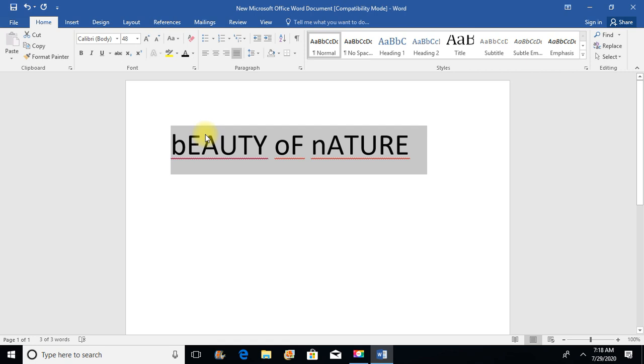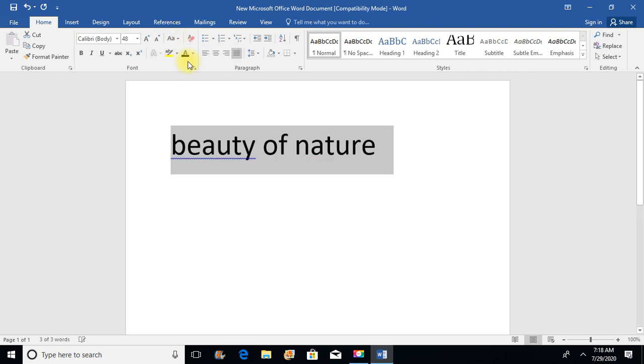That is, capital character will convert to lower case and vice versa. So, there are 5 ways to change the cases. So, let us repeat it once again. First one is sentence case, then lower case, then uppercase, then capitalize each word, and last one is toggle case.